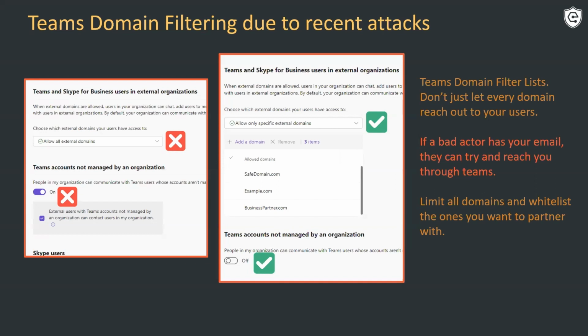So it's really important to go in and audit this setting. We highly recommend that you set it so that some sort of admin or security team vets which organizations can communicate inside your Teams environment. And once again, you have to consider that if any of those partner organizations get hacked, they have a way to get inside your network or influence your users.